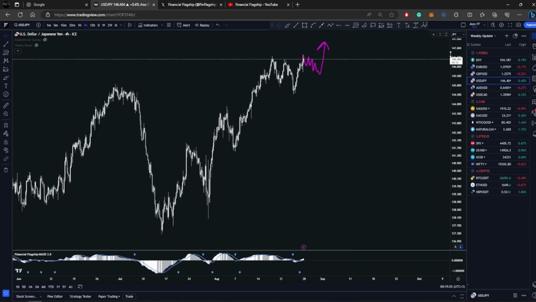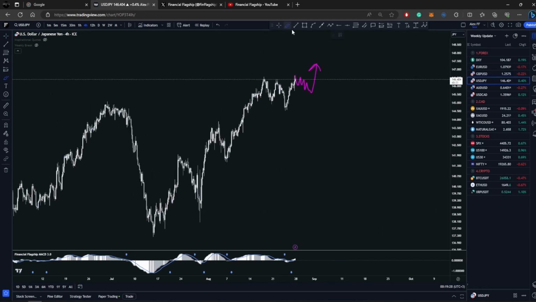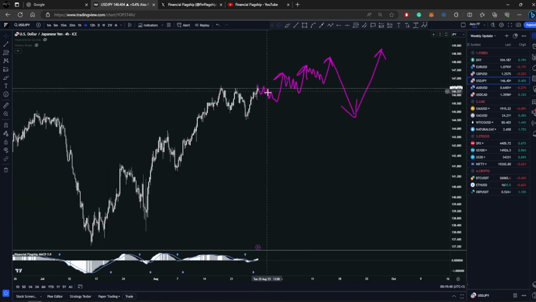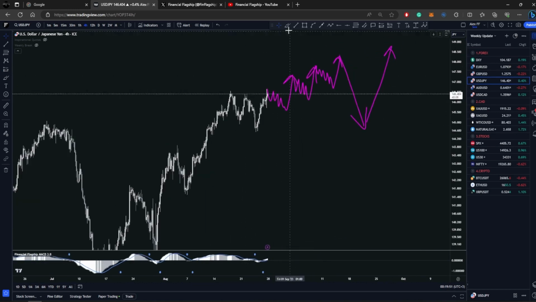But as far as I can see, the price here might continue to make higher highs, and if you see the price starting to lose momentum here, then this is a good sign that the price will definitely correct at some point, drop, and then continue its way up. Okay, so let it do what it is doing here. I won't advise you guys to trade it because it's unclear for now. If, let's say, you get here a small consolidation, you can do a hit and run and trade this one with your target being above this level. But I won't advise you to do that. But this is the only slot that I can see here for dollar yen. Personally, I'll let it unfold a little bit. So no trades for me personally.